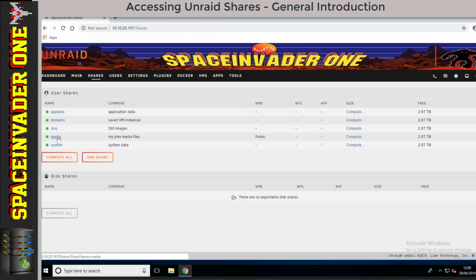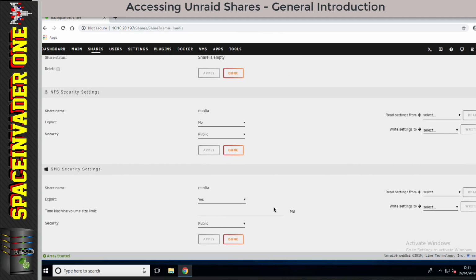Now we can see here the media share we've just added. Under SMB we can see it's set to public by default. So let's go back to the share here and have a look at its settings. So we can see by default on Unraid when we add a new share, export's automatically set to yes and the security for the share is set to public. However, by default NFS security, export is set to no. We're going to come back to these settings later on, but for now let's just click on done